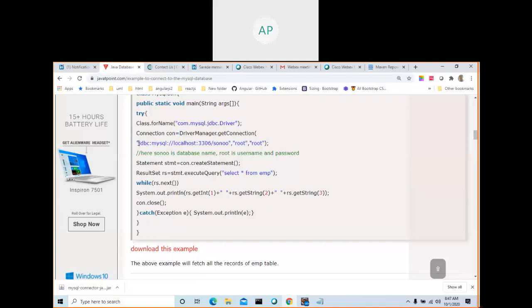Already I told you. So this is the connection URL. For MySQL, this is the connection URL. JDBC MySQL localhost. Localhost is the IP address. Either you can give an IP address or if it is the same machine, you can give localhost. This is the port number. Already you know what the port number is. When you install MySQL server, at that time it might show you the port number. So this is the default port number, and this is the database name. When you work with the MySQL server, you understand what a database is now. You created one database, right? Give the database name. And this is the username and this is the password.